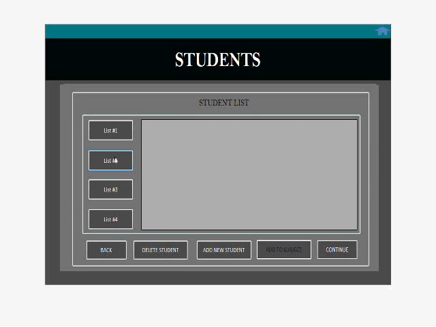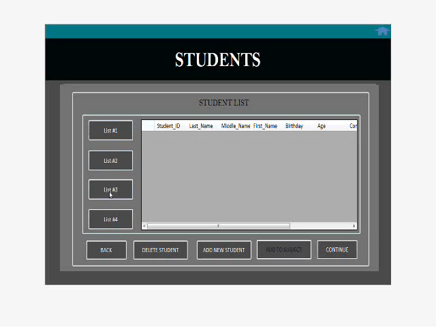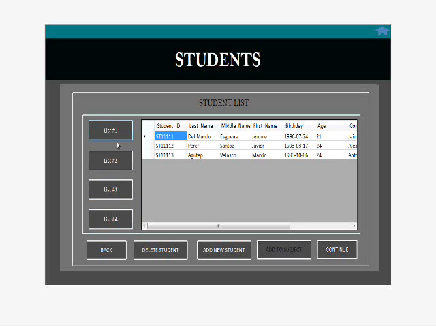As we can see, we have a list number 1, 2, 3, 4. These are just containers of our students. Then we will use list 1.